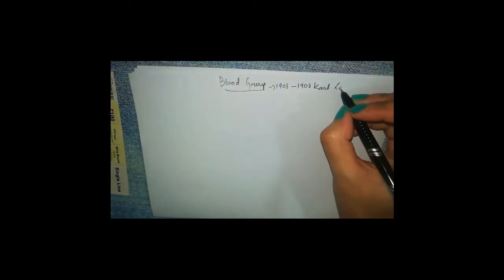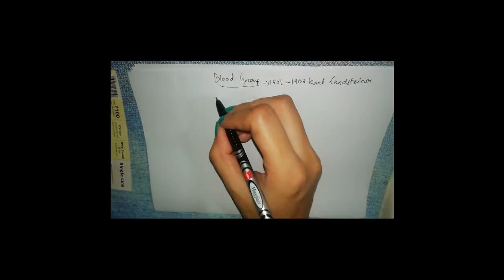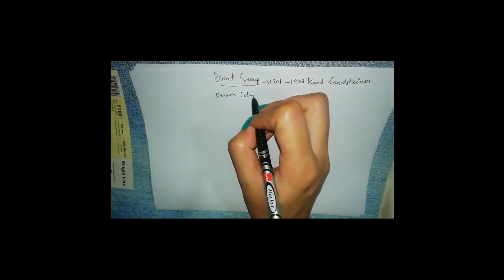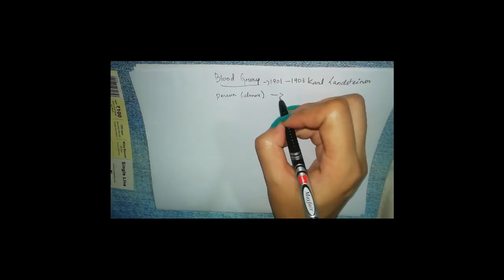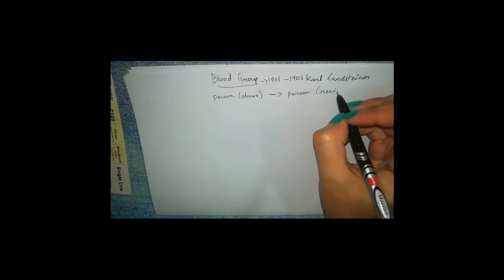In 1901 to 1903, Carl Landsteiner discovered that sometimes when there is a blood transfusion, that is, when blood is transferred from one person, the donor, who is the one who donates blood, to another person, the recipient, who is the one who receives the blood,